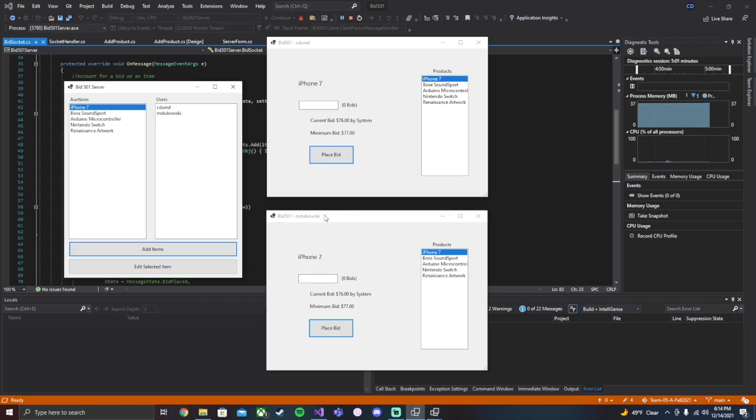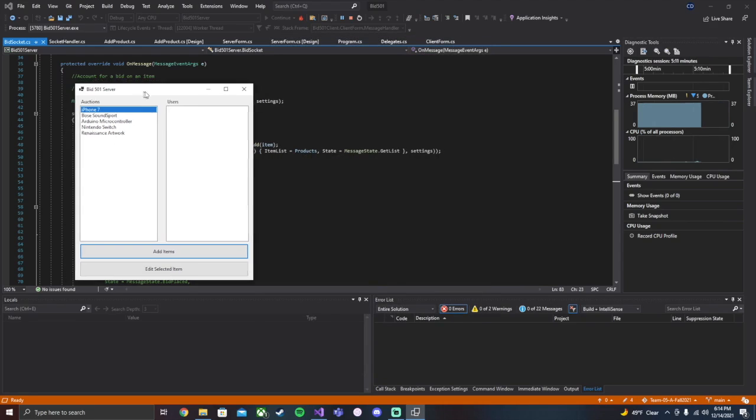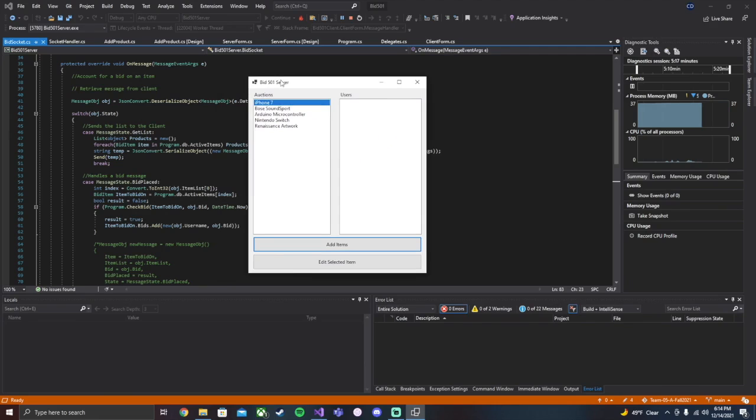And then none of these are looking good to either me or Matt. So we both decided to close down, and the admin is left with no users and this list of auction items. So yeah, that is the full functionality of the Bid501 server. And yeah,